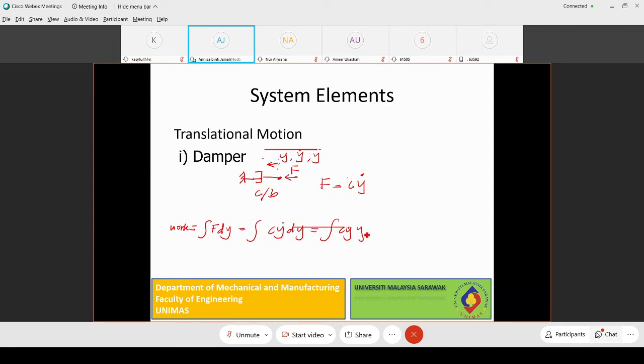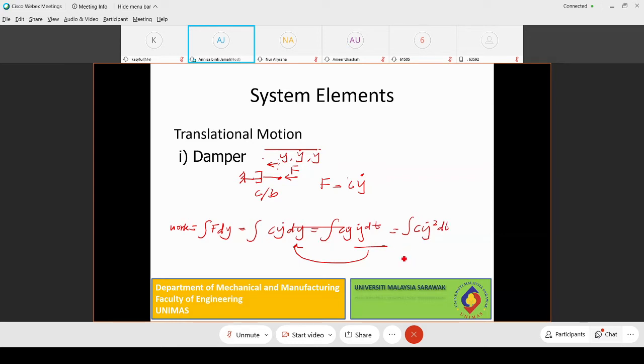We can define dy also as y dot dt, so y dot dt is equivalent to dy. From here, if we integrate C y dot squared dt,